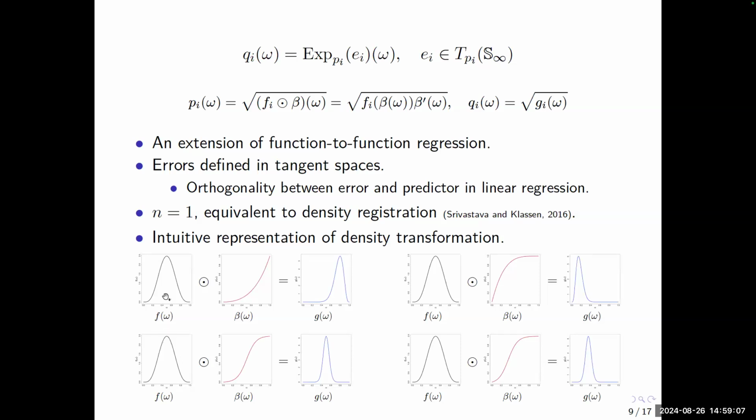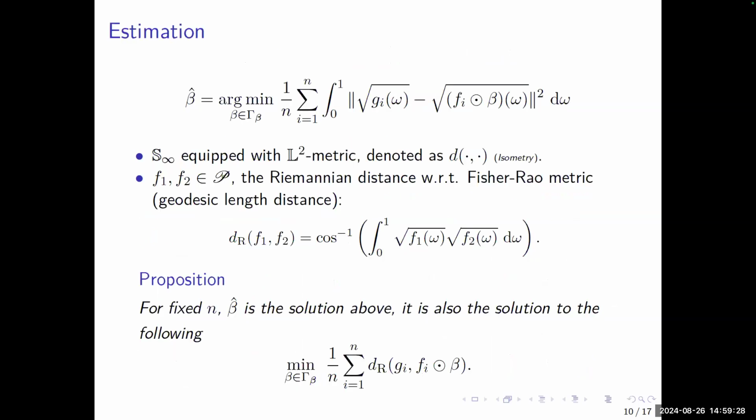For example, I started with the density functions, and based on the shape of the warping function, we can see the density is either skewed to the right, skewed to the left, or has its variance changed. So if we have an estimate of the warping function and look at the shape, then we can know how those two densities are connected to each other. And then again, to estimate the warping function,